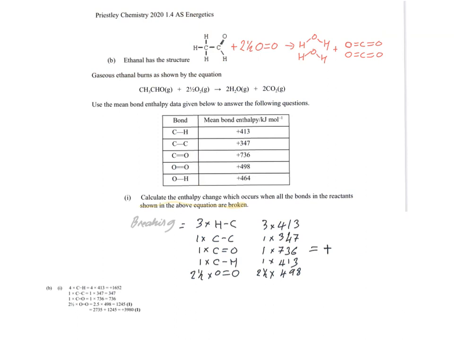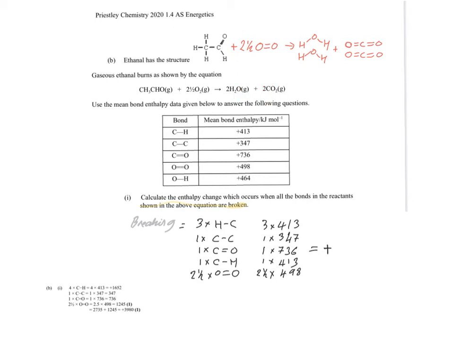So the example we're going to look at here is from page 20 in your independent study booklet from a past paper question, and it's really important here that you read the question carefully. Because this is AS, it gives you the structure of the compound ethanal, which is an aldehyde, and they've drawn the structure fully for you. And then again, it's really important to look at the stem of the question, and it tells you that when ethanal burns, it burns in 2.5 moles of oxygen to give 2 moles of carbon dioxide and 2 moles of